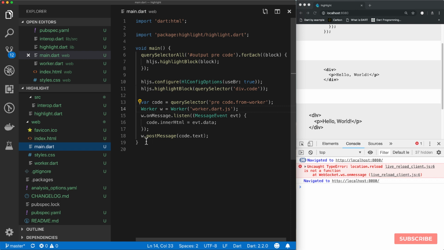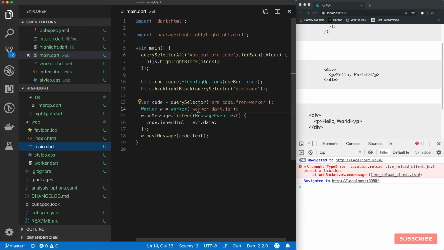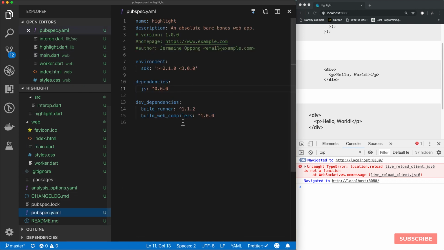So what we need to do is essentially to tell Dart about worker.dart, and we need to create a separate output for worker.dart, because it's treated as a separate file, given that it's got our web worker stuff happening in there. So if we look at our pubspec.yaml, you find that we're using the build web compilers package, which is what we use for